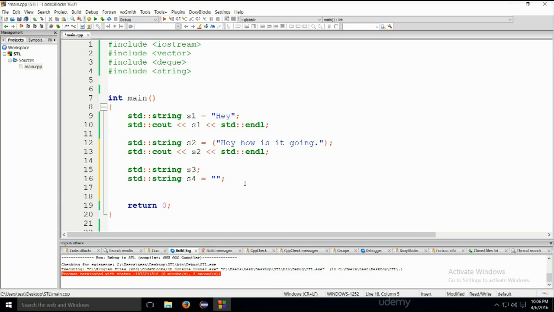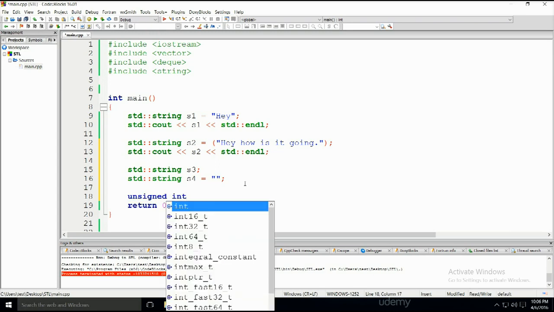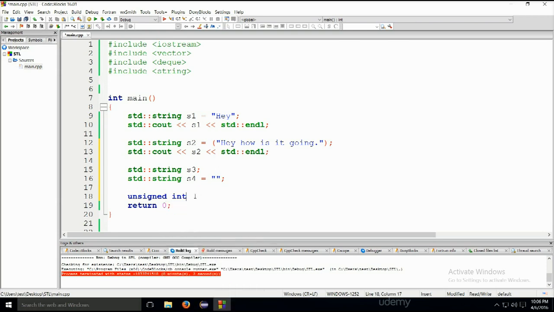Okay, let's go ahead and see the length of a string. You can use the dot size, that will return the length of a string. So unsigned int. Why are we using unsigned? Well, let me ask you something. Can the size of an array or a string be negative? I mean, you can have a certain amount of elements or you can have no elements, but there is no way that the size can be negative. So why declare an int when it cannot be negative? Just use unsigned int